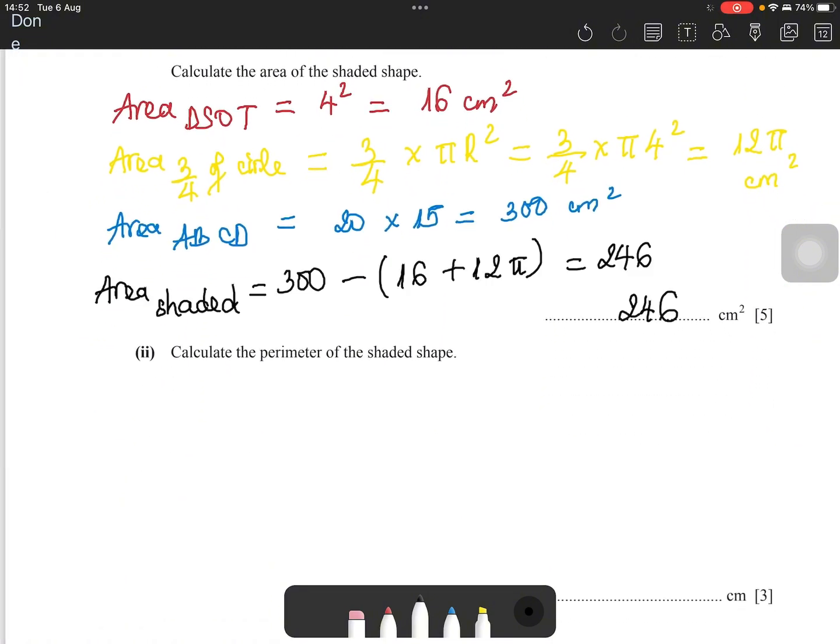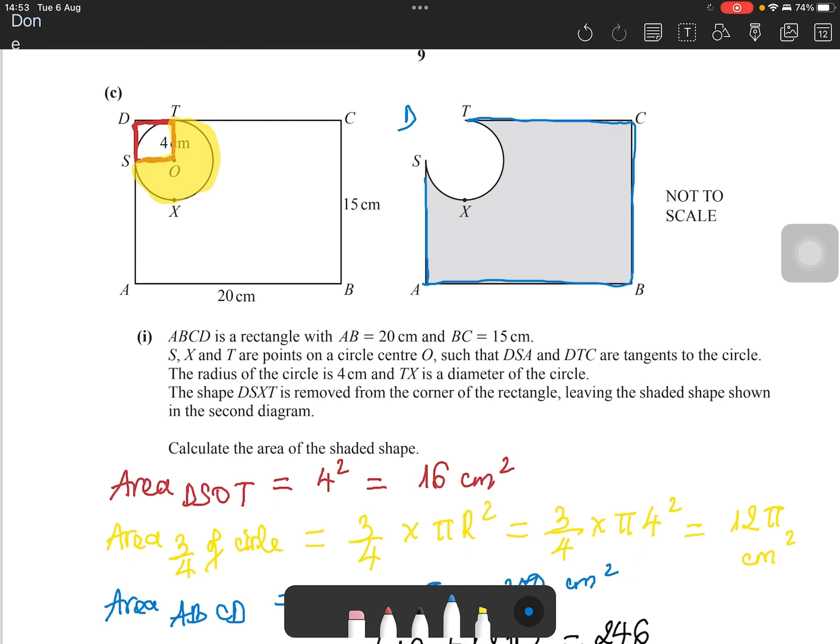Second question, calculate the perimeter of the shaded shape. We see that the perimeter of the shaded shape is equal to the perimeter of the rectangle ABCD, the whole rectangle. Then we subtract the two small sides. Subtract DS and subtract DT. And then we need to add up 3/4 of the circumference of the circle,